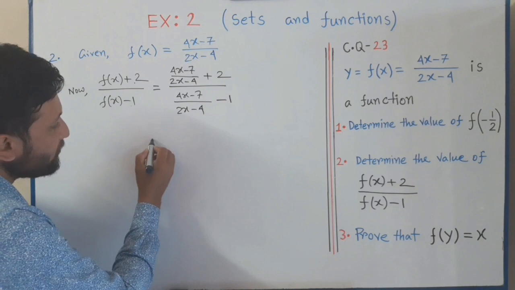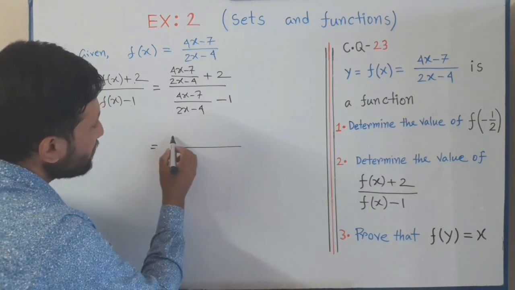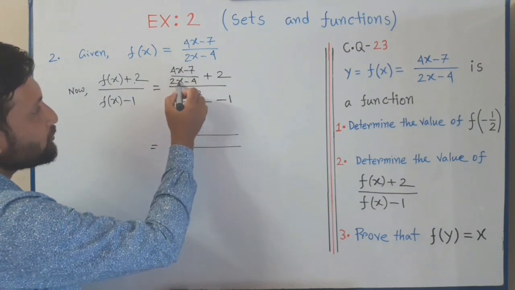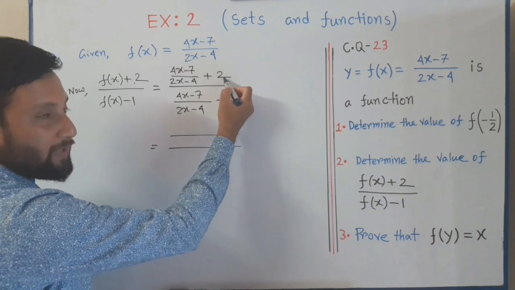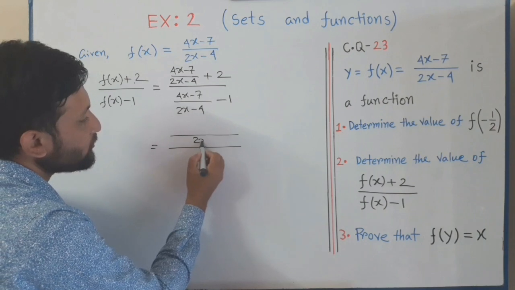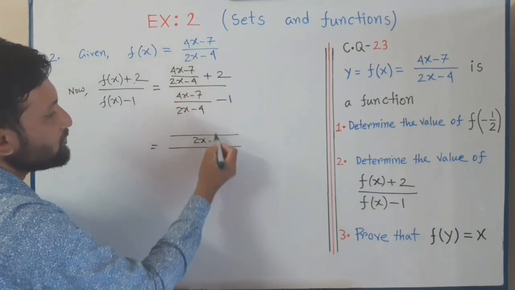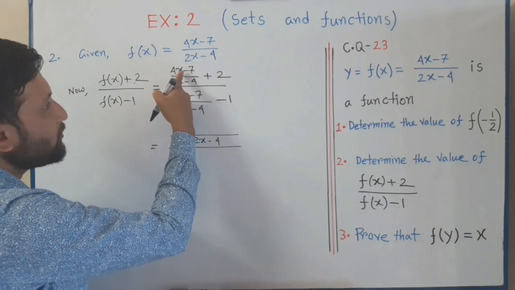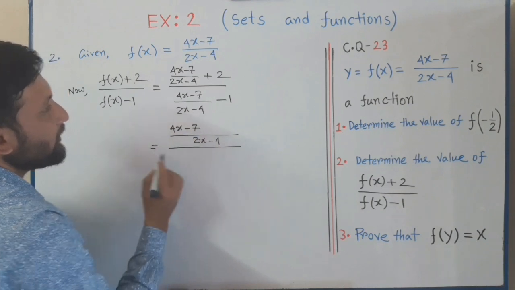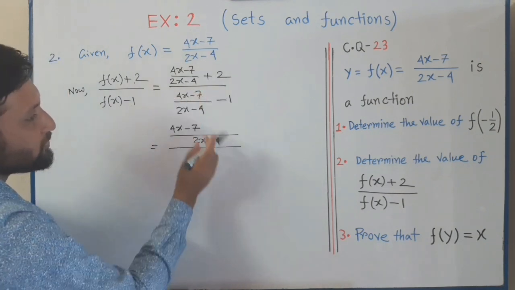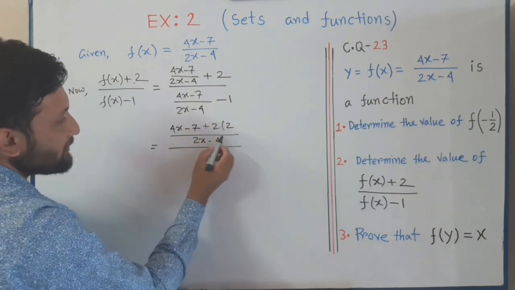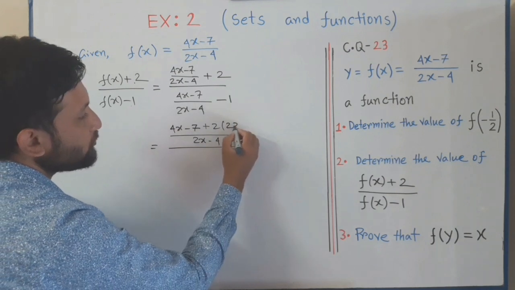Okay. Now, by simple calculation, in numerator use here LCM. So, here see that in the denominator, first part 2x minus 4 and then here 2 and then denominator 1. So 2x minus 4 and 1, the LCM is 2x minus 4. So (2x minus 4) divided by (2x minus 4), that means 1. So the rest term is 1 into (4x minus 7) in numerator. So write down 4x minus 7 and then plus 2 into (2x minus 4), with the LCM part 2x minus 4.